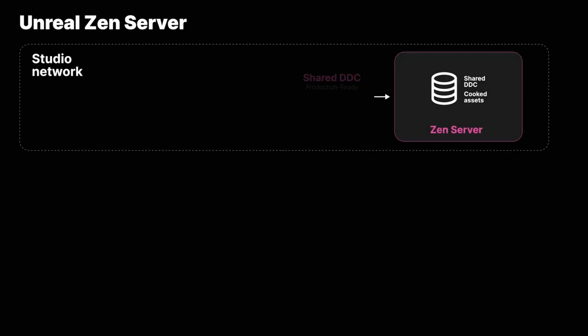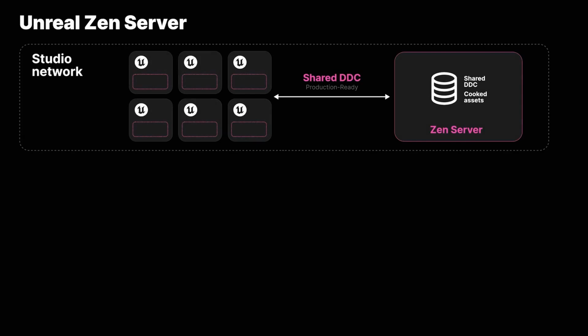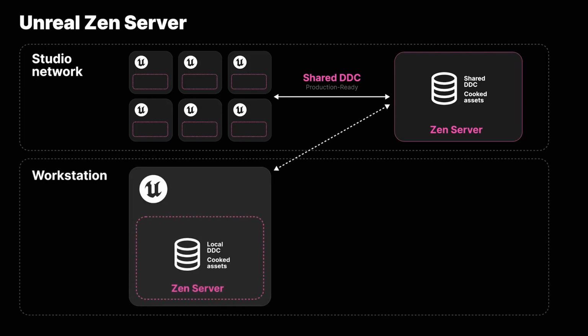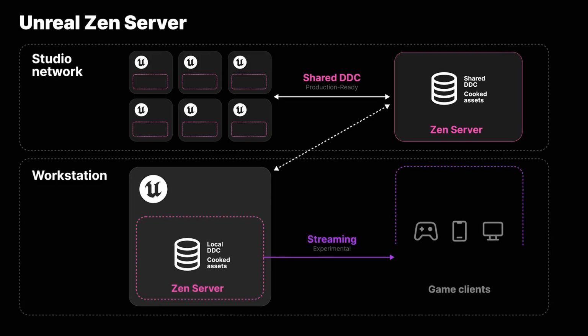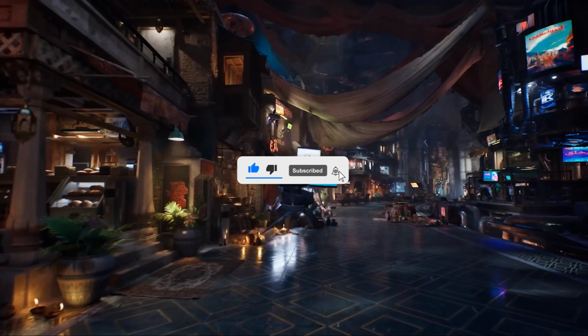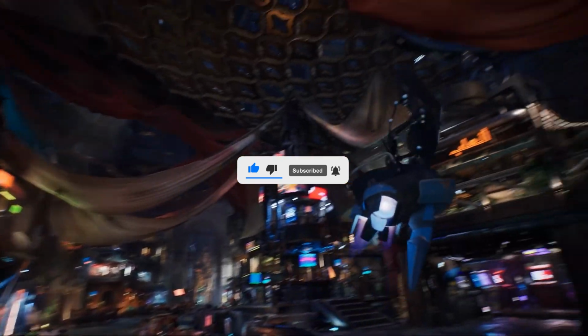Finally, this release sees many dev iteration tools reach production readiness, including Unreal Zen Server for deployment as a shared derived data cache, Unreal Zen Loader, Unreal Build Accelerator, and Unreal Horde. Meanwhile, an experimental new feature means that Zen Server can now stream cooked data to target platforms from console to mobile. These are just some of the highlights of Unreal Engine 5.5,